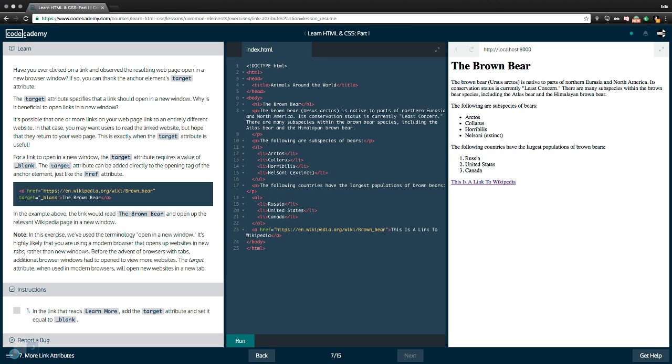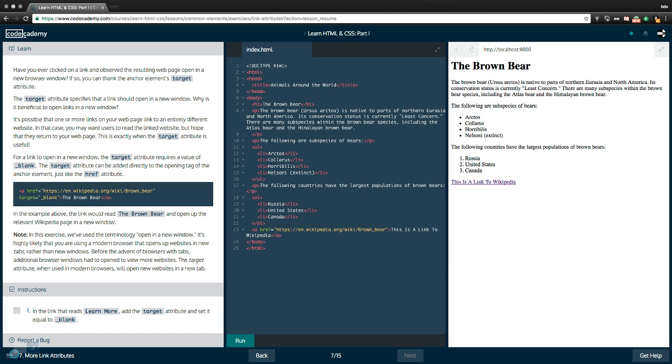Fascinating. href, Wikipedia brown bear, target equals underscore blank, brown bear. Love it. In the example above, the link would read the brown bear and open up to the relevant Wikipedia page